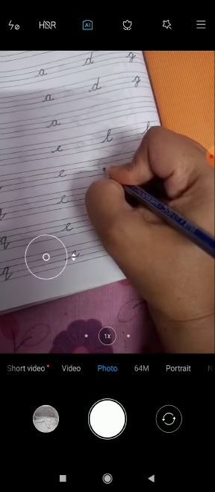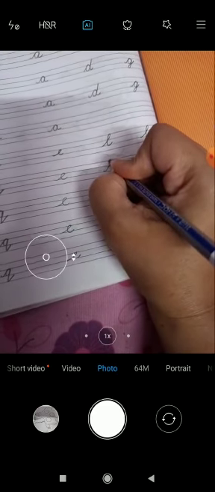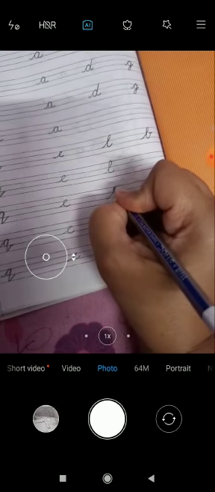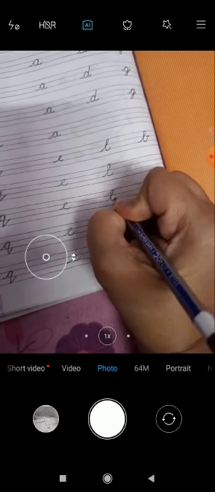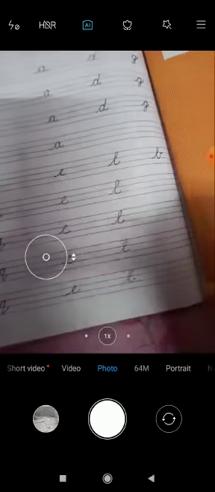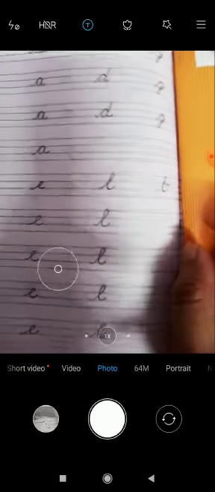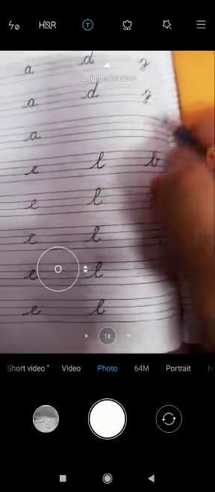Starting from the third line, go up, touch the pink line, come back slanting and curve. Go up, touch the pink line, come back slanting. L, L, L, L.